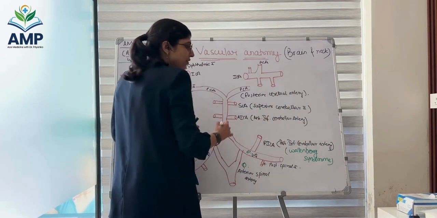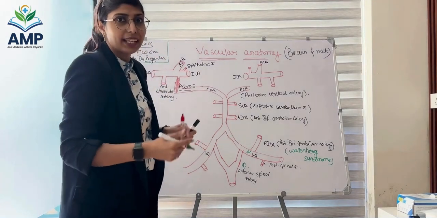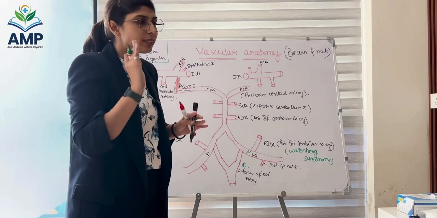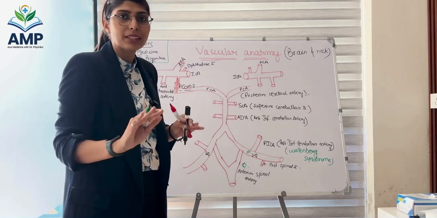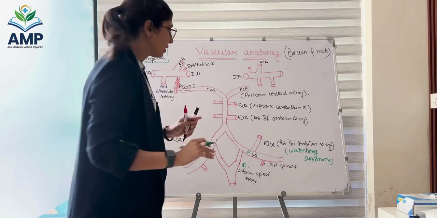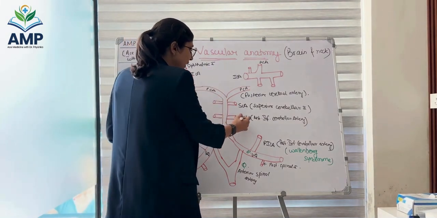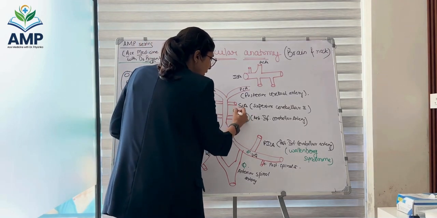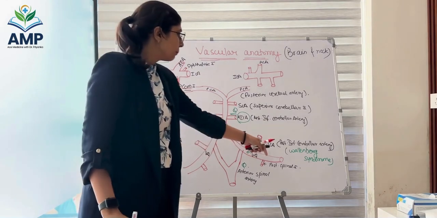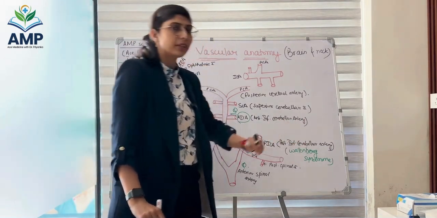What is the AICA giving rise to? The AICA is giving rise to the labyrinthine artery. So if there is a patient with sudden onset hearing loss and symptoms like stroke, the answer will be AICA occlusion or AICA thrombosis, and that can be asked in your AIIMS PG or INI-CET exam. So remember that. AICA is a branch of basilar artery, PICA is a branch of vertebral artery. PICA leads to Wallenberg syndrome.